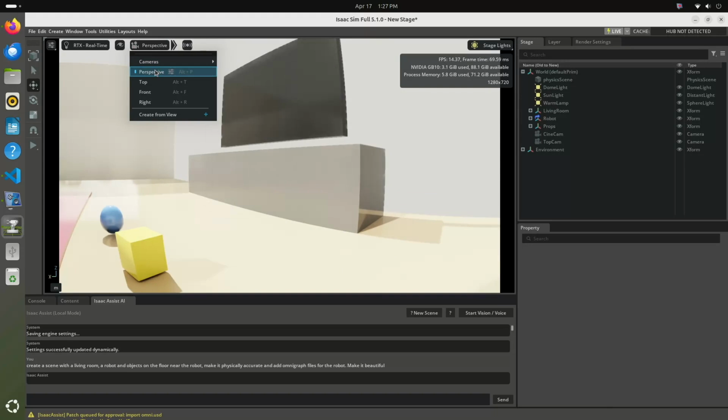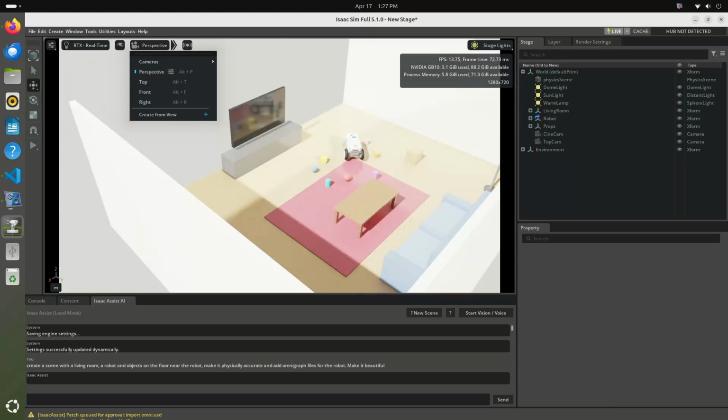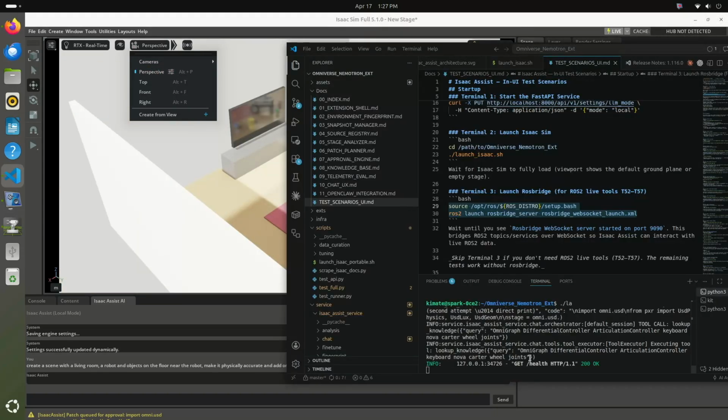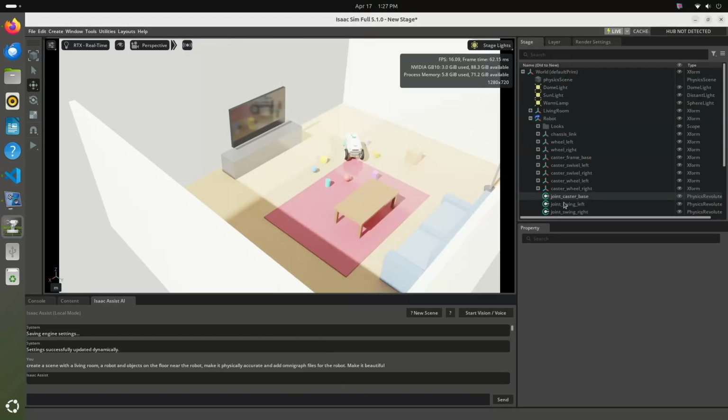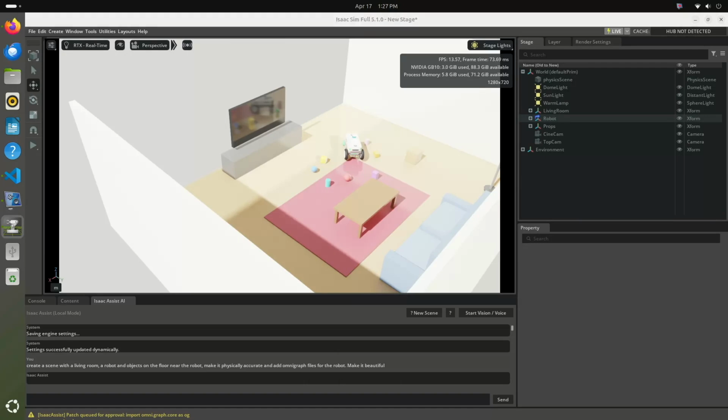Nova Carter already has joints, so it didn't have to create them, but it would have if you asked it to create articulations. It would have tried to create joints if joints were reasonable, and if not, you would have to bring in your robot with joints. But it does create the